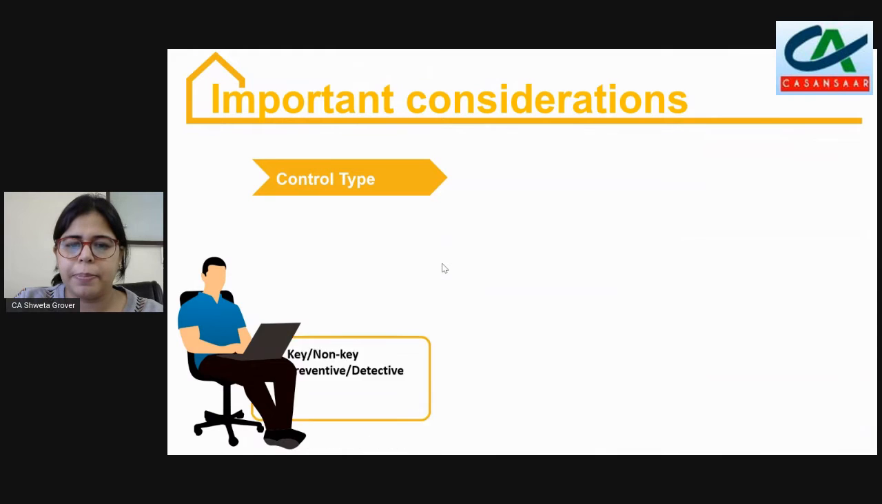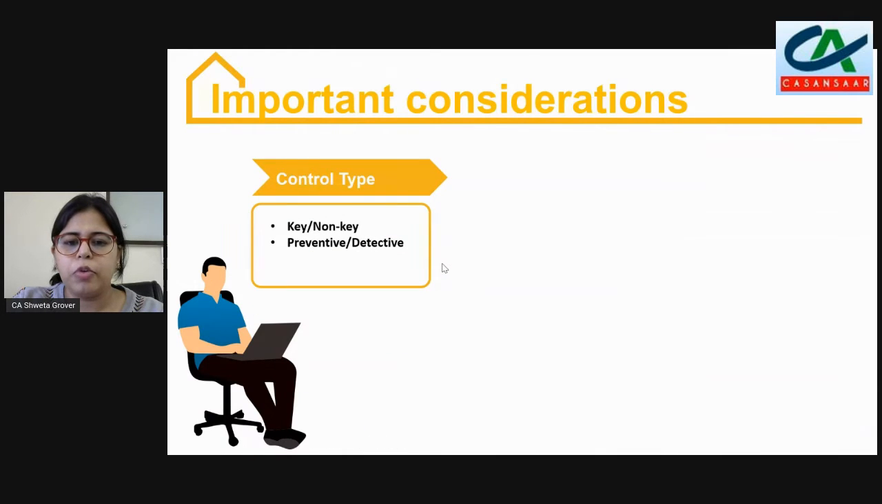Then control type. Control type would be of two types. First is key, non-key, and second is preventive and detective. So you need to mention this very specifically: key control, non-key control, preventive, detective. When we say key and non-key, it depends. A particular risk or control line item we are mentioning in our RACM could be key if we are preparing that